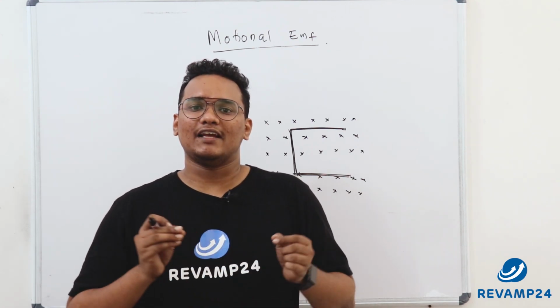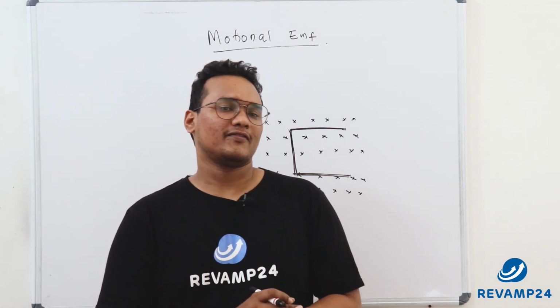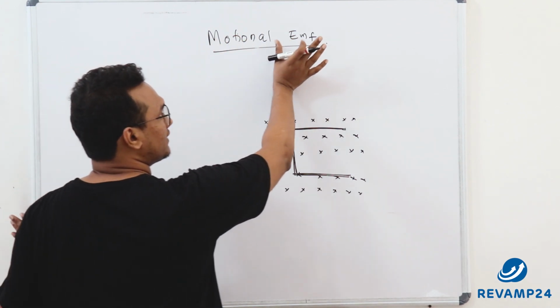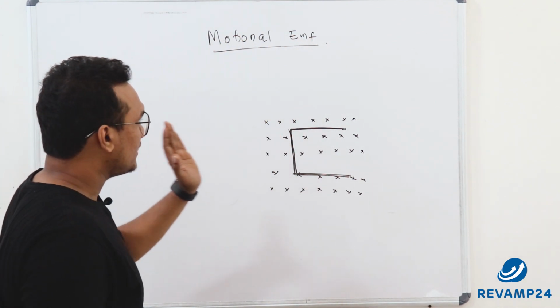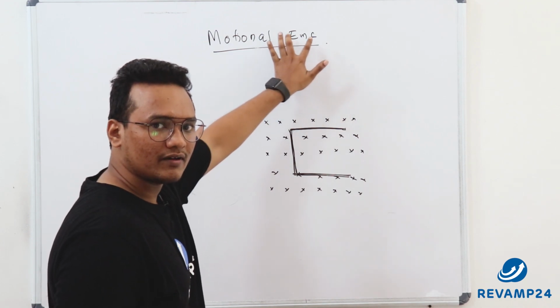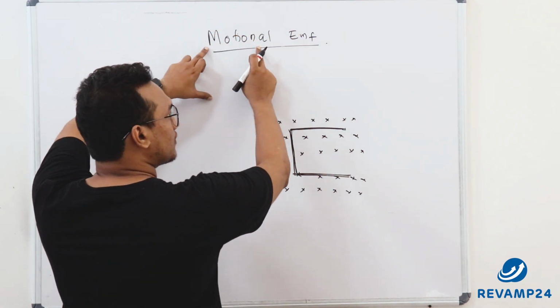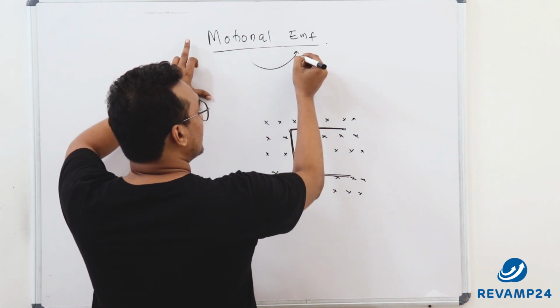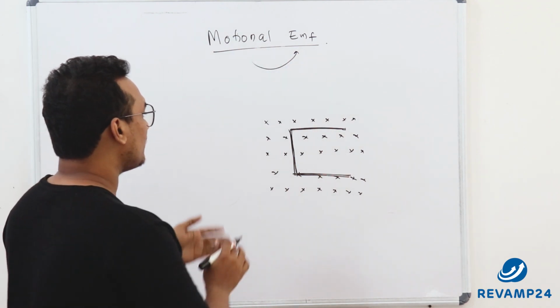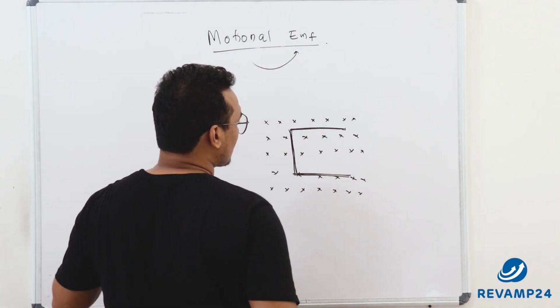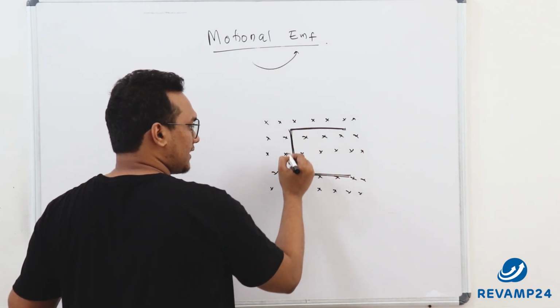In this video, I will explain what is motional EMF. As the name suggests, we have motion here and EMF, which means: who is producing EMF? A motion in the circuit is producing EMF. So motion is the cause that is making an EMF. Okay. So here we have a magnetic field into the plane, and there I have kept a conductor having a